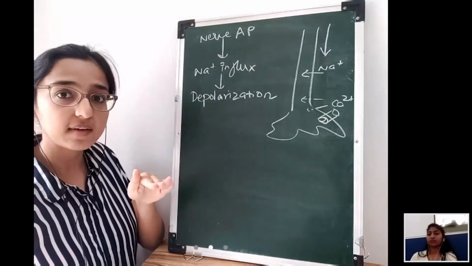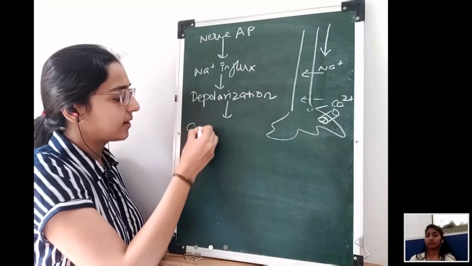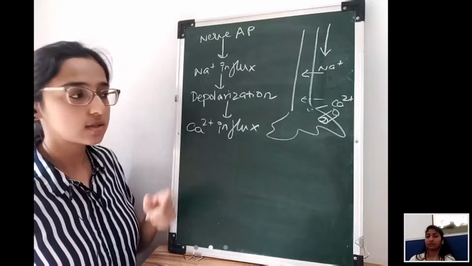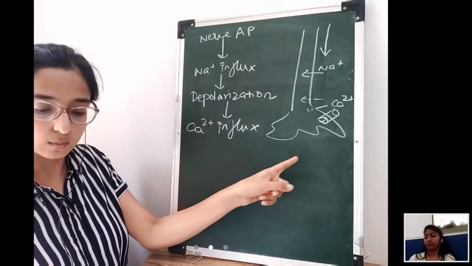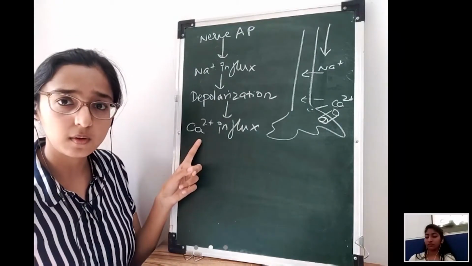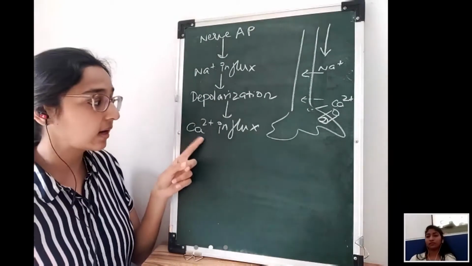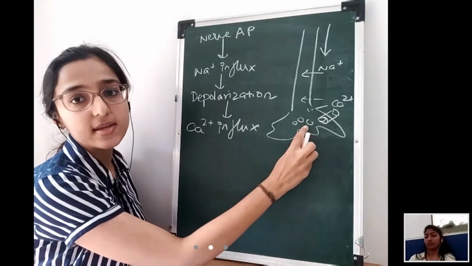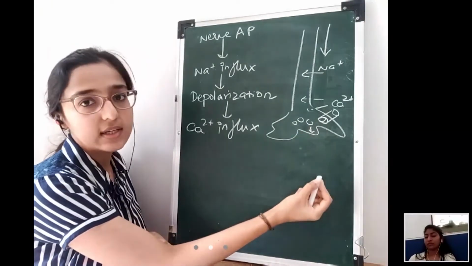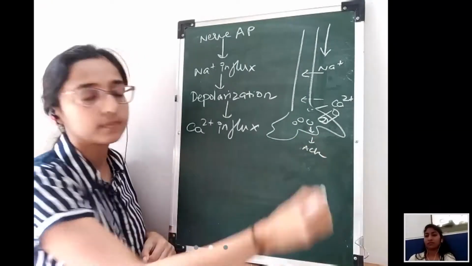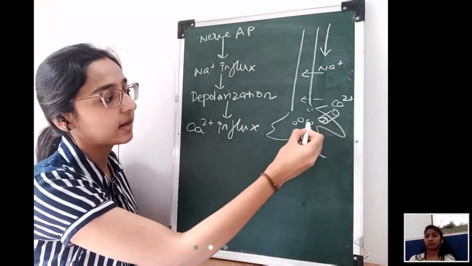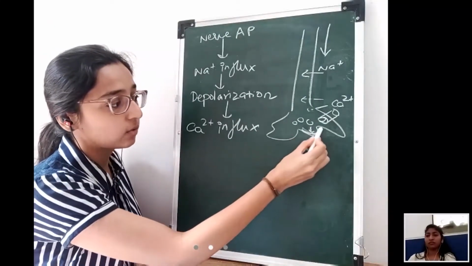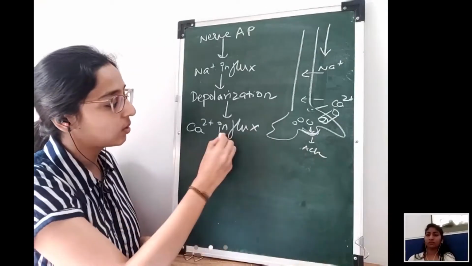So the depolarization wave has come, and these calcium channels will open. There will be calcium influx into the nerve because these voltage gated calcium channels have opened. Now what will this calcium cause? It sends a message to the vesicles: come on, now you have to come to the release site and release the acetylcholine. That is the function. Why is the calcium entering? Because it goes to the vesicle and tells it to come to the release site and release the acetylcholine. So now acetylcholine release will occur.